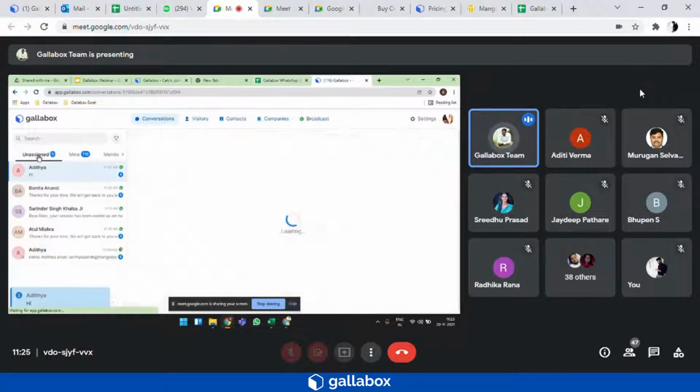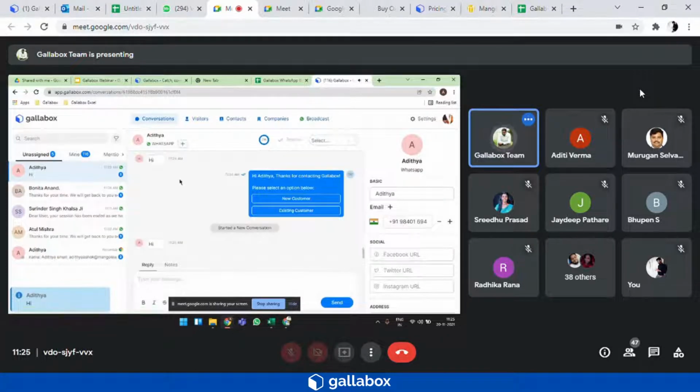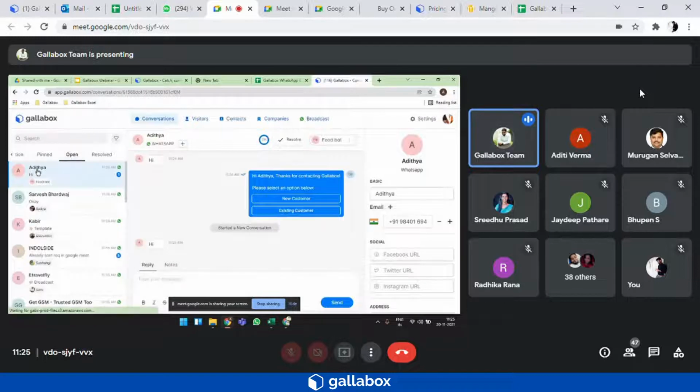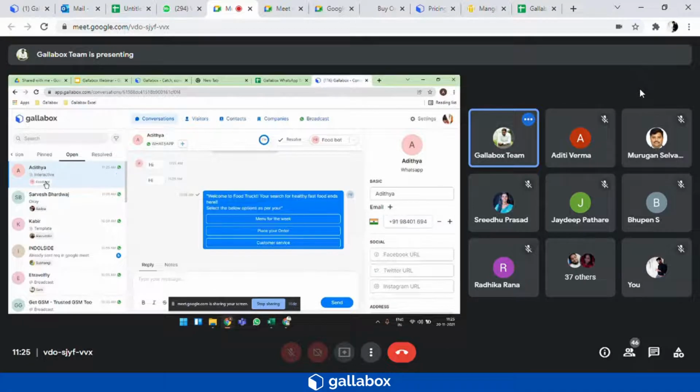And once I send that, my number has been displayed in the unassigned bucket. So during testing purposes, you will have to click on the drop down here, and you have to assign the bot in your name so that the bot will be able to function. So once it is assigned in your name, you should go to the open bucket, and my conversation along with the bot which is assigned to my name is displayed here. So what I will do is I will send a hi message once again, and now you can see that the chatbot is functioning. The options which I have selected are being shown here.